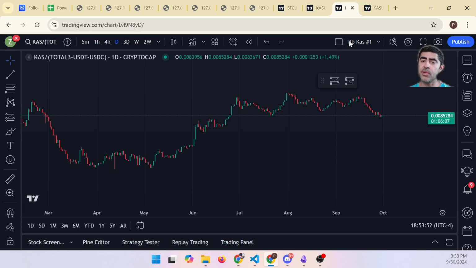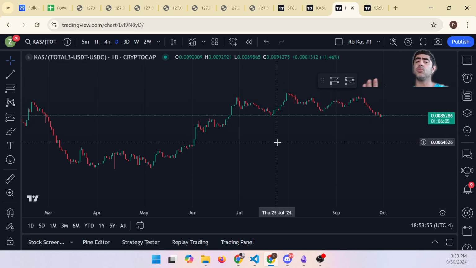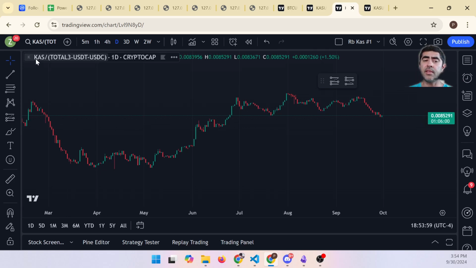Another chart that we can look at is understanding how Kaspa is doing relative to the other altcoins in the market. So this is looking at the Kaspa market cap divided by the altcoin market cap, excluding, so from the crypto market cap, you've removed Bitcoin and Ethereum and USDT and USDC. And as you can see, we are now trading at the lower part of what we've seen for the last few months, right? This ratio has dropped down. So the higher this value goes, the more Kaspa is picking up steam relative to the altcoin market.